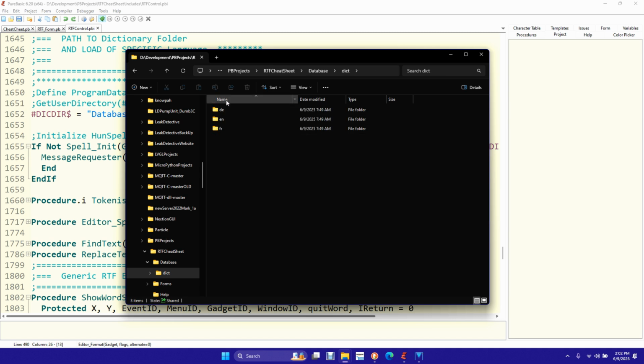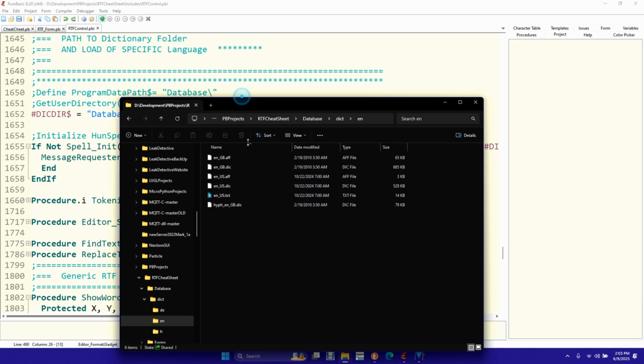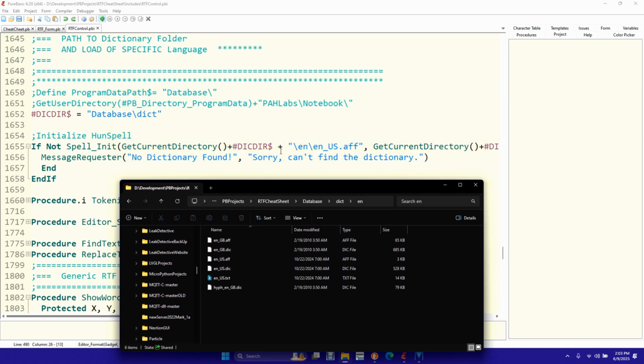And when you open these guys up, I have US and Great Britain and whatnot in here. This function here, when you come in here, he's passing the AFF file, which is this guy or this guy. And then farther out here, it takes 2 parameters, fully pathed, to the AFF and the DIC files for the